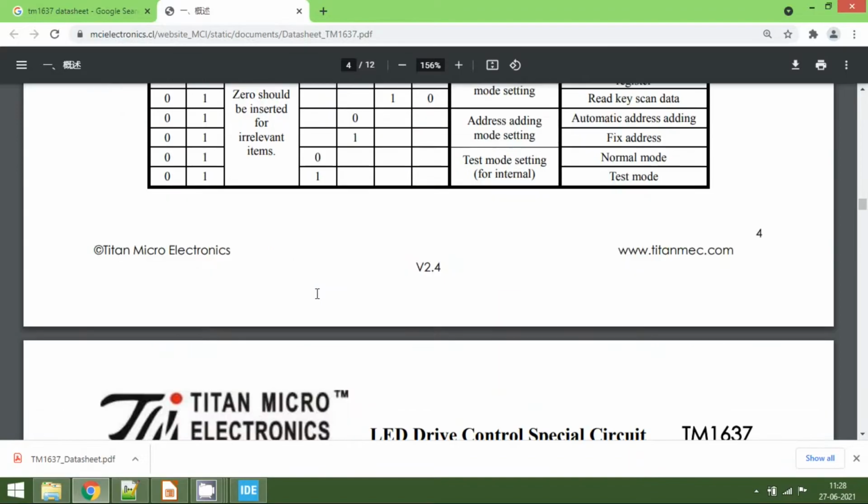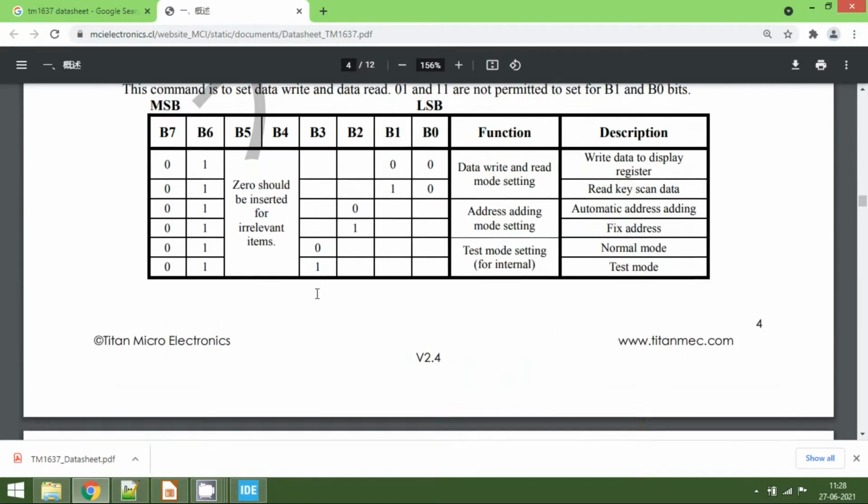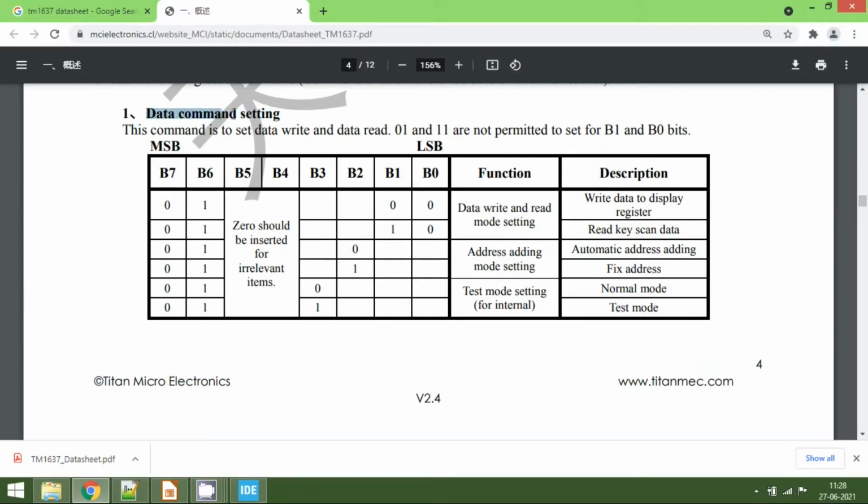Now the command 1 we'll see, that is set data. If you come down here you can find the data command settings. So if you look here, the first register, B0 and B1 should be set to 0. Why? Because we are going to write the data onto the display registers, and then we are going to use the automatic address adding.